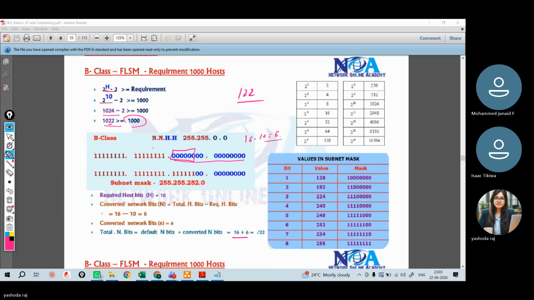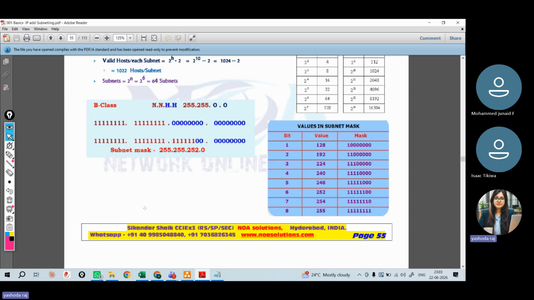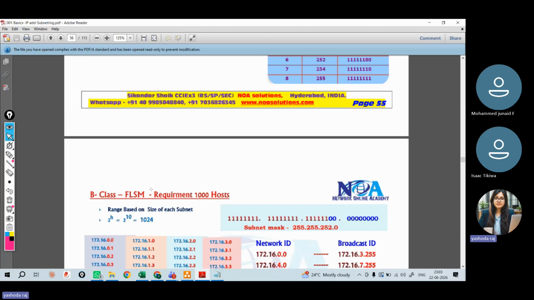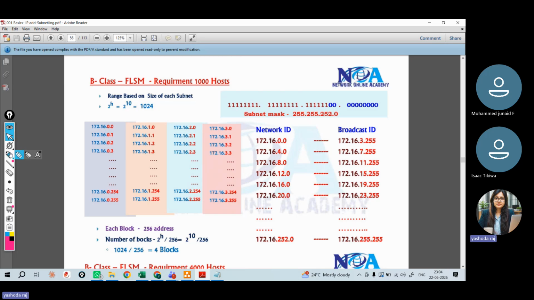Okay. Next thing: valid hosts per subnet, 2 power h minus 2, 2 power 10. We got 64 subnets, which we calculated, so that means 1022 hosts per subnet. And now I have to write the range, based on each subnet. The first network is